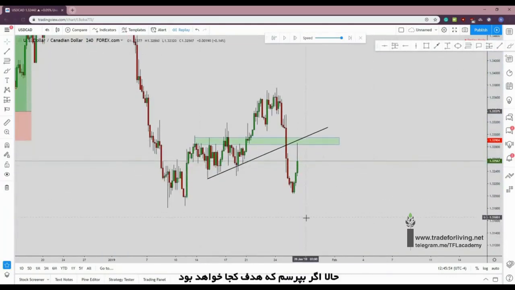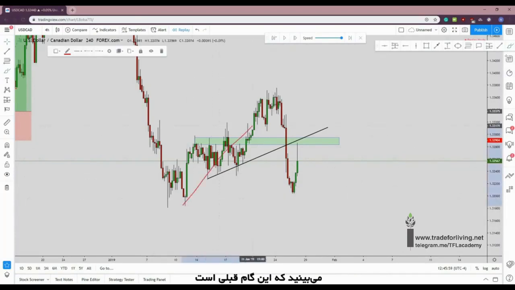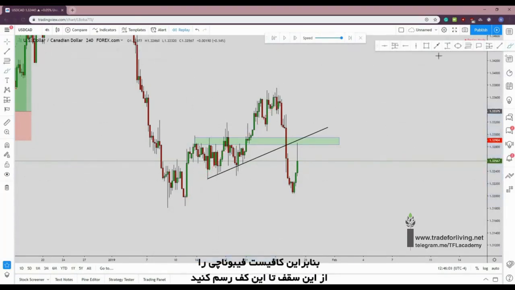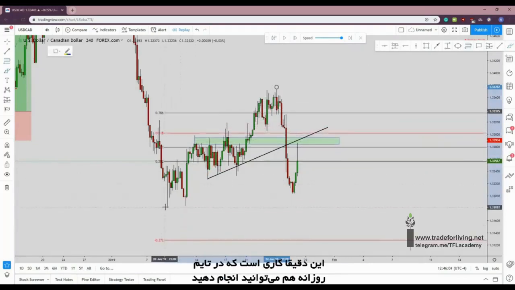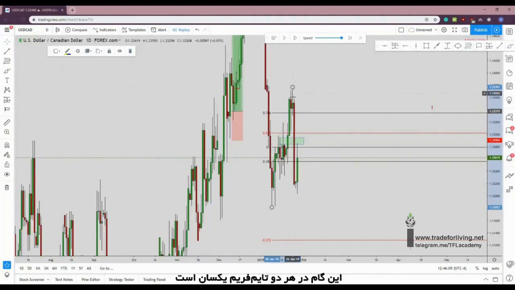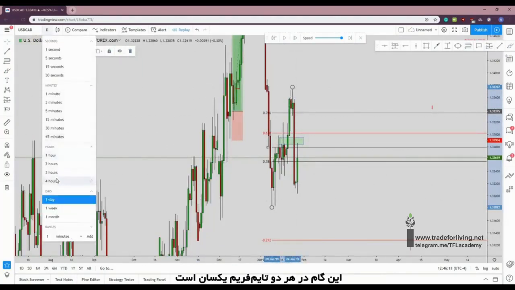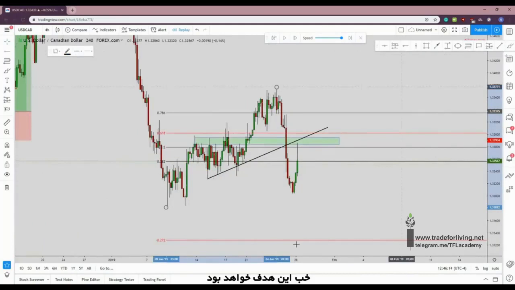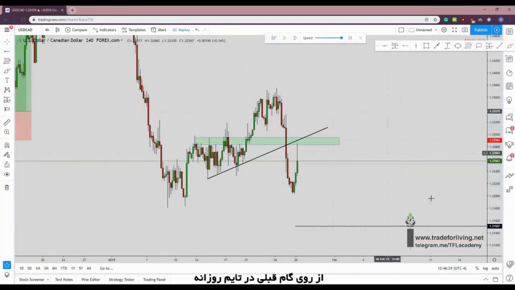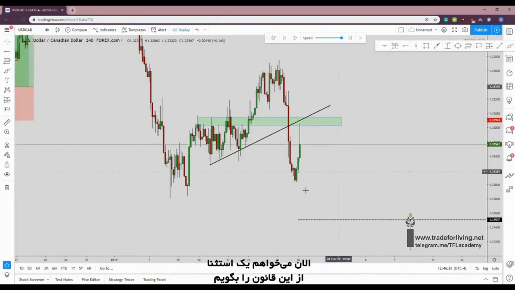Now if I am to ask you where will be the target, it's very simple. You don't need to go back on the daily time frame. If you go on the daily, you already know that this will be the previous leg. So you just need to take your Fibonacci from the high to the low. It's the exact same thing that you would have done on the daily time frame. That leg is obviously the same leg. So this will be the target above the first strong number, above the minus 27 from the previous leg on the daily time frame. And I will now show you also that there is an exception to this rule,